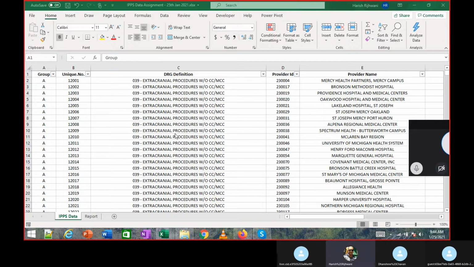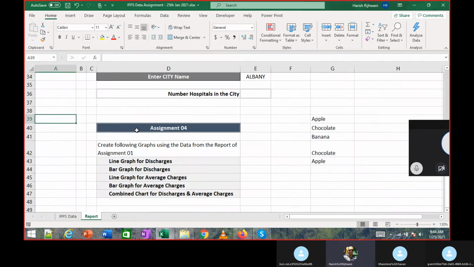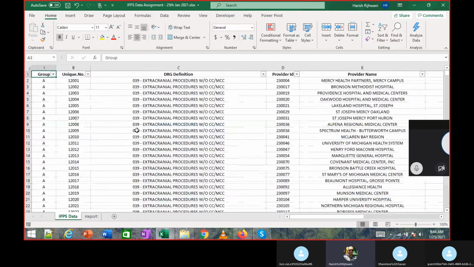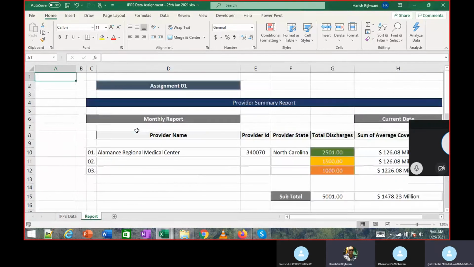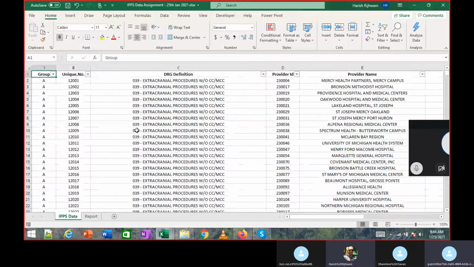Were you able to try that? Control Page Up and Page Down, in the same Excel, the assignment that I shared. Yes, it's okay. I said it's working. I tried it.